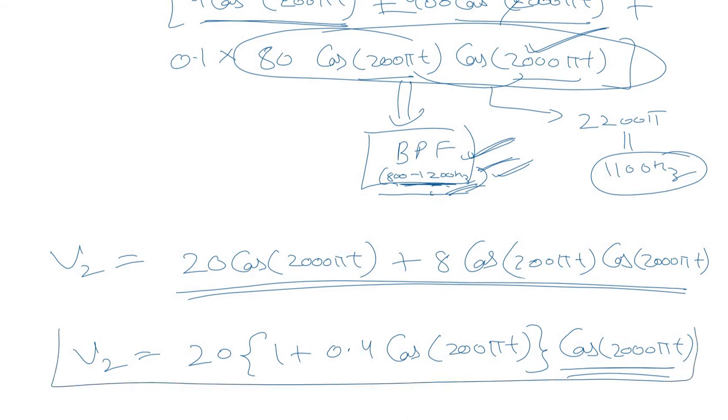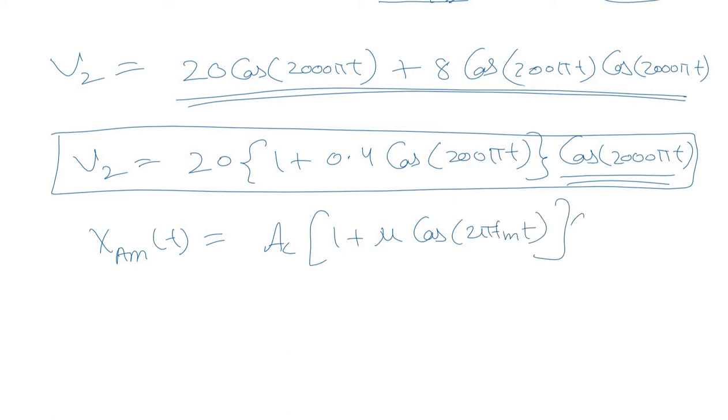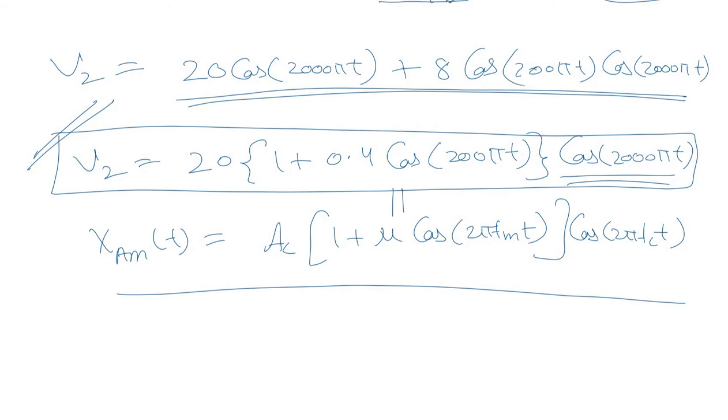So this is our resultant amplitude modulated signal for the given system, right? And if you look at the standard expression of amplitude modulated signal, x of AM(t), that we have already seen several times, it is Ac into 1 plus mu times cos 2 pi fm t or omega m t, into cos of 2 pi fc t or omega c t, right? So this is the standard expression of conventional amplitude modulated signal, and this is the expression that we have obtained. So we can easily compare these two expressions to find out the important attributes of the system.